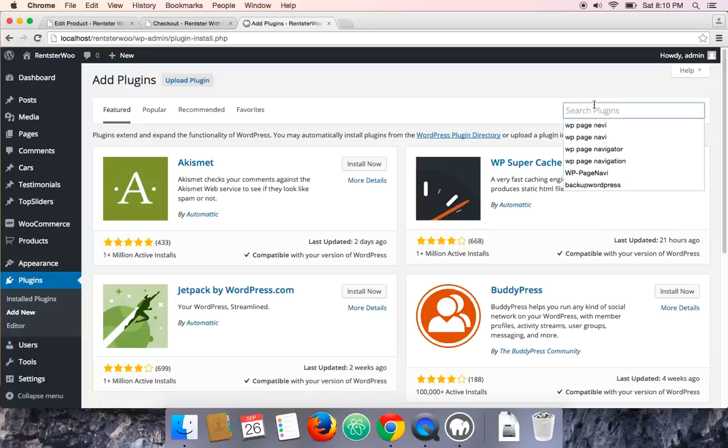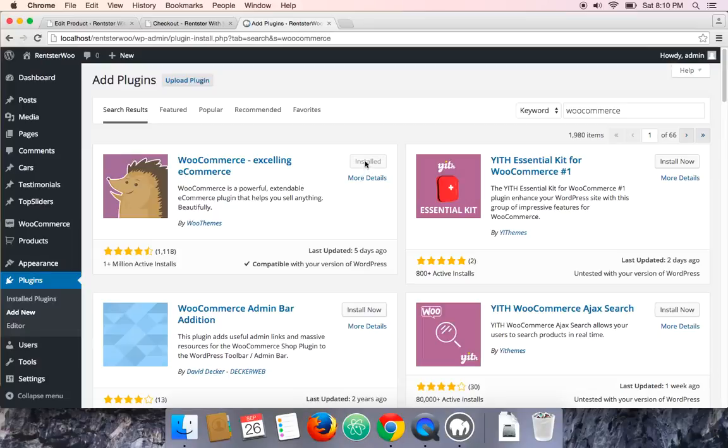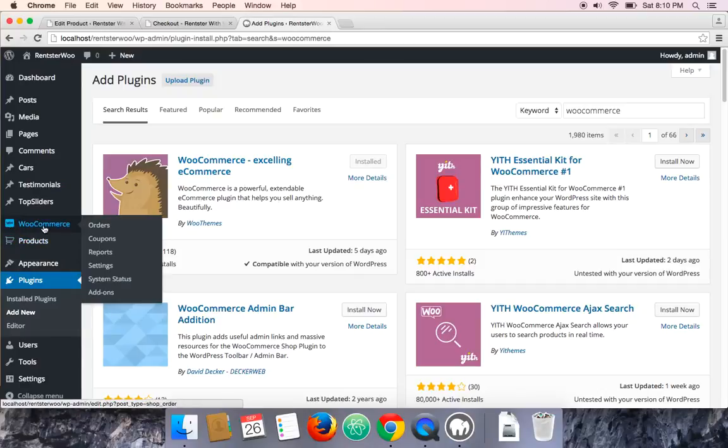and then here you can search for WooCommerce. Search for that, and it will show you the plugin here. Here you can install it. It says already installed because I've already installed it. But in your case, if you have not installed it, it will show you install now. You can install that, and follow the process of the basic functionality setup of WooCommerce, and then you'll end up with WooCommerce installed on your website.